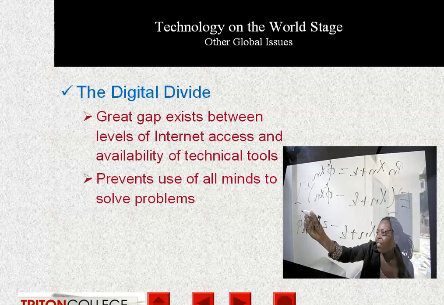We have a cultural divide between what we call the first world, the second world, and the third world, and the access to digital technology. We have a digital divide between countries. Again, it's not fair, but it is there. A country like the U.S., just the fact that it has much greater access to digital technology, is much more able to implement things, get things up and running than a country that doesn't have that access to digital technology.